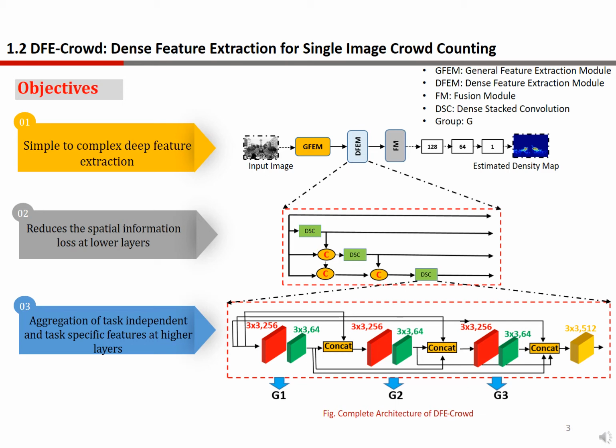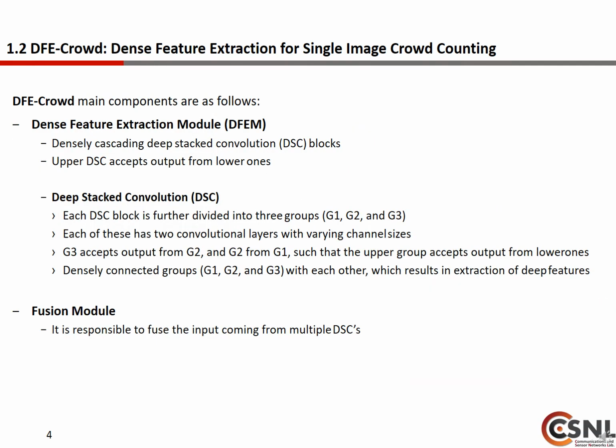Hence, task independent features at the lower layers are transmitted to the higher layers, and it is also used to reduce the spatial information loss. So the dense feature extraction module is composed of multiple DSCs, as I discussed in the previous slide, and each DSC is further divided into multiple groups, and each group is composed of multiple convolutional layers with a different channel size,